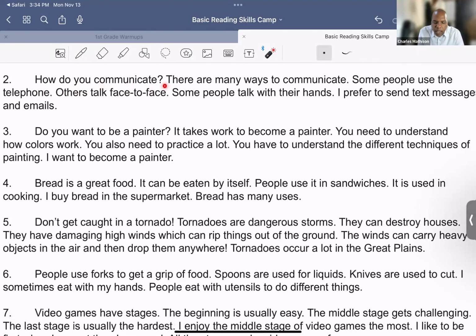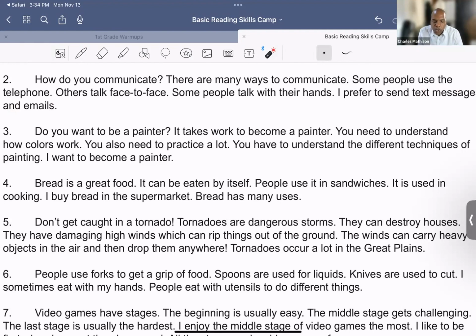How do you communicate? There are many ways to communicate. Some people use the telephone. Others talk face to face. Some people talk with their hands. I prefer to send text messages and emails. So I see